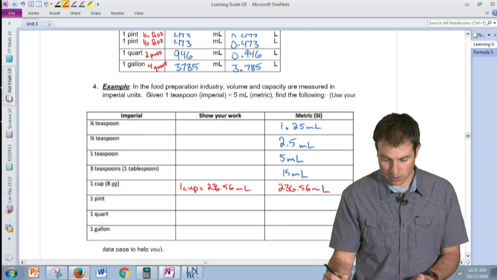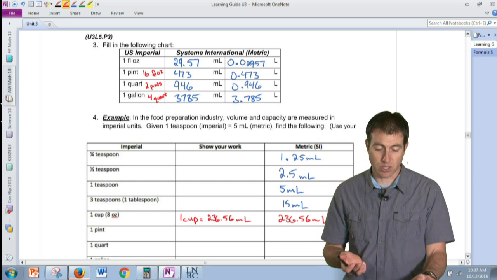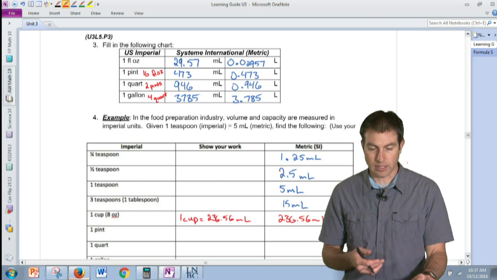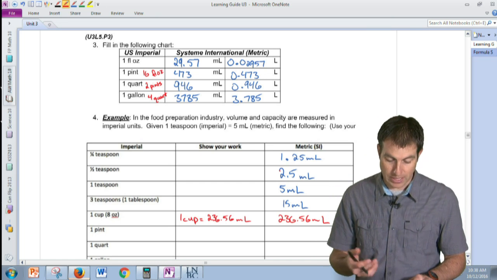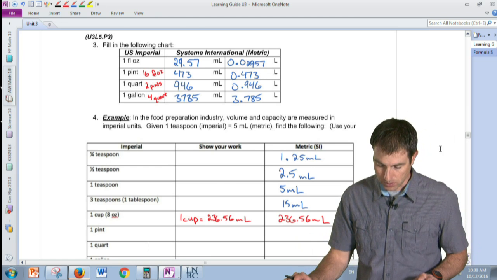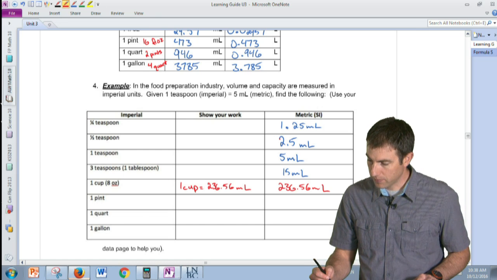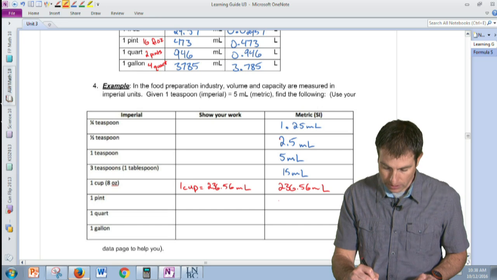Maybe that has to do with the chart we had up above here. So now we're talking about pints again, and a pint is 16 fluid ounces, and that's kind of double a cup, I guess, because 1 cup is 8 ounces. If you double a cup, you get a pint, 16. I guess that's where they're going with this. All right, so I double this, and I get 568.19